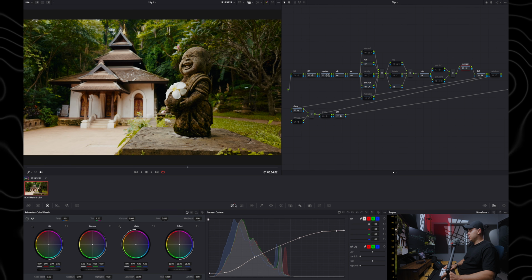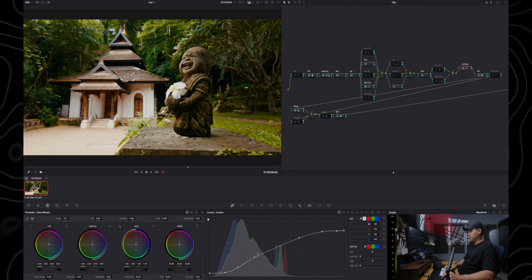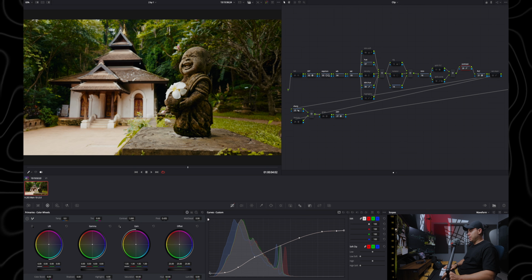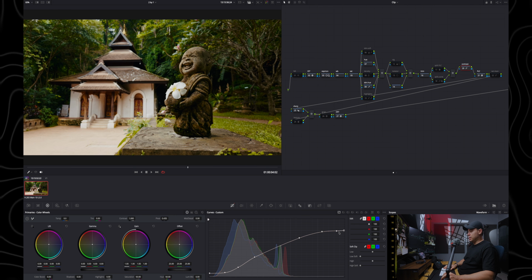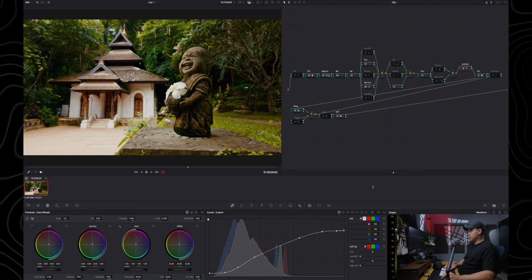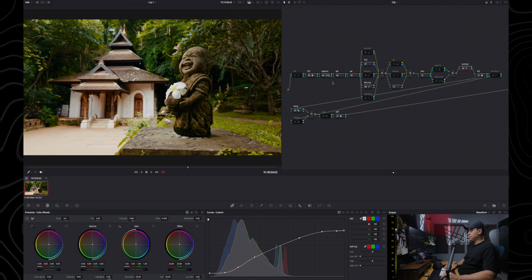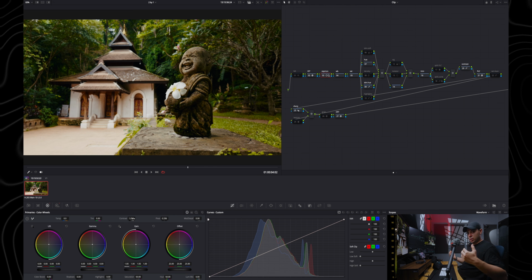I also have a contrast node in here, as you can see. This is done with the curves. I've anchored the middle gray point for DaVinci Wide Gamut Intermediate in here, and it's basically applying a filmic contrast curve for you guys. I would not personally touch this too much. This is basically the look development contrast. If you need to adjust the contrast, I would use the contrast slider to apply global adjustments